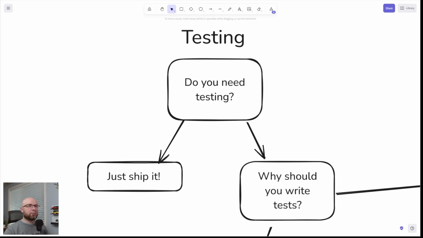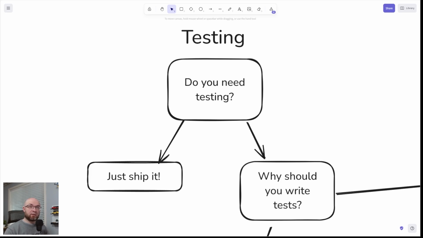Let's say you're a solo developer. You're the only one, right? Solopreneur. And you're writing an app. Maybe it's just a simple app that hits an API with some UI. Well, in that scenario, you wrote all the code. The code is super simple.